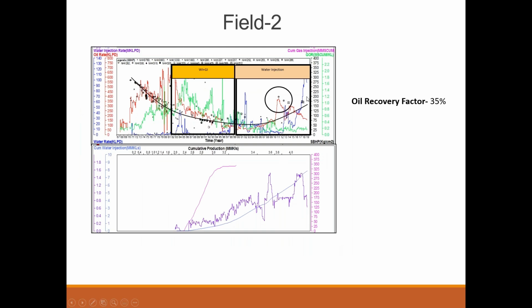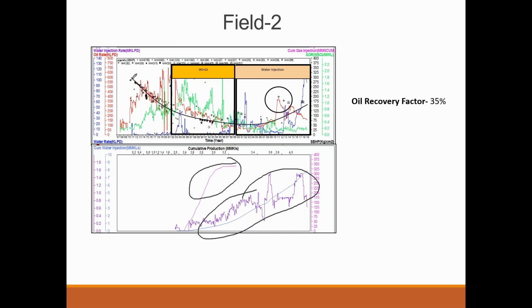Now coming to the second field. I was telling you that there are different methods of secondary recovery; gas injection is also one. So I have kept this example where water injection and gas injection both were implemented. As you can see, this is the line which represents the gas injection part, and this particular part is represented by the water injection. So in this particular period, water injection and gas injection both were implemented, and you can see there is